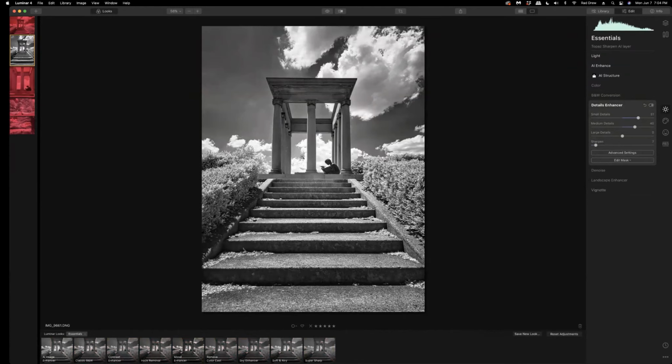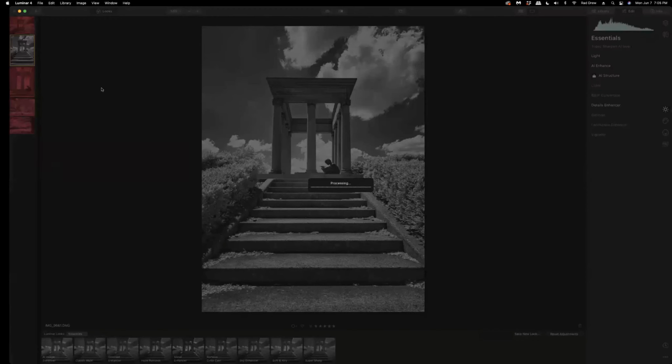The next thing I want to do, I do eventually want to add a vignette, but first, I love the fact that in addition to Studio 2, Topaz DeNoise AI and Sharpen AI, we can also go up here, and if you have NIK tools like Silver FX Pro, which is fabulous for black and white images, you can invoke that through Luminar 4 as well. So I just clicked on that. It's now opening up